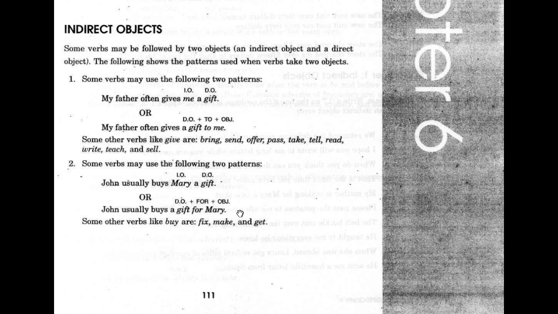In this case, we have the pattern of direct object and object, but we use the preposition for. And as it indicated in the dictionary, it's included. It's for the purpose of, or John buys a gift for the purpose of giving it to Mary, more or less. Under here they pointed out that these patterns particularly go with, to say the first one, go with